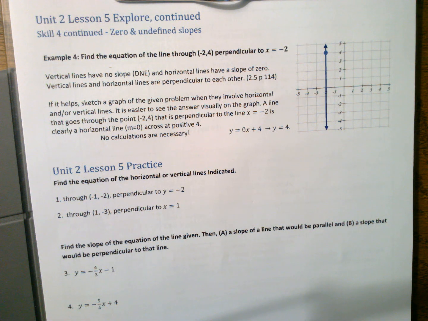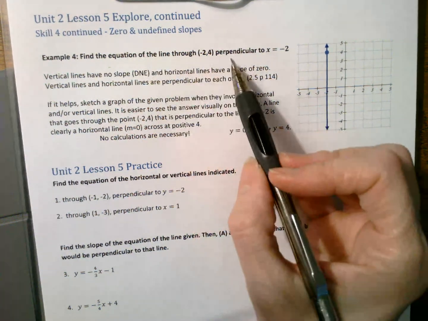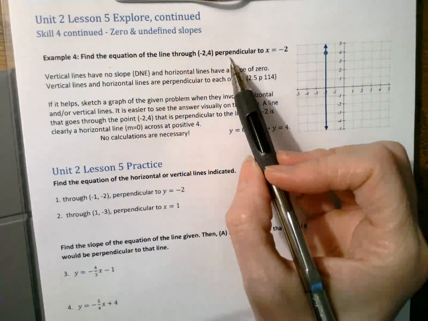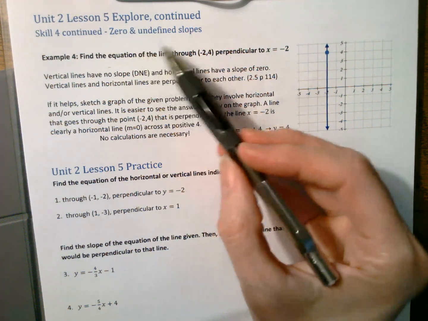All right, this is the last page of Unit 2, Lesson 5, Skill 4 continued. Zero and undefined slopes will be mixed into the other types of slopes, positive and negative, in your homework. So therefore you can find them on the quiz and the tests. So it's still kind of the same. We're just working with the terminology of perpendicular, but it gets a little tricky when you're talking about zero and